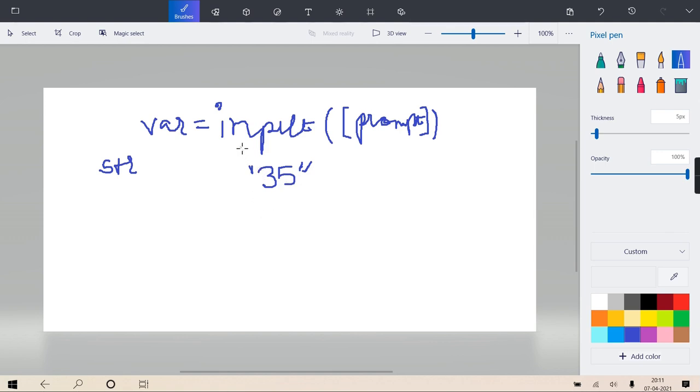Here such a rule is not there, clear. But there are some conversion functions that I'll tell you, nothing complicated. Whatever input you give, the value is always a string. But suppose now you want it as an integer, then give it to the respective casting function. Conversion functions are there. If I give it to the int function, it will convert to integer. If I give it to the float function, it will convert to float.